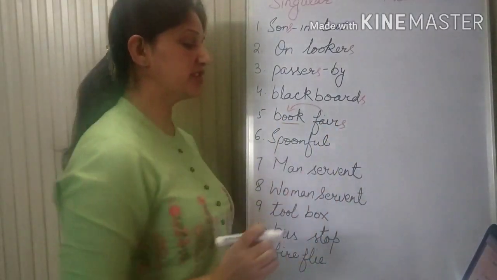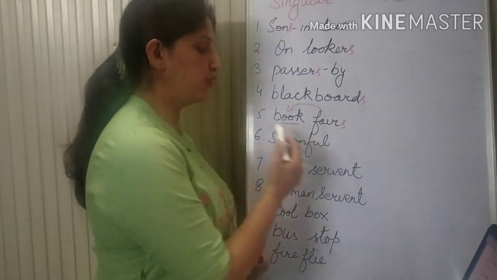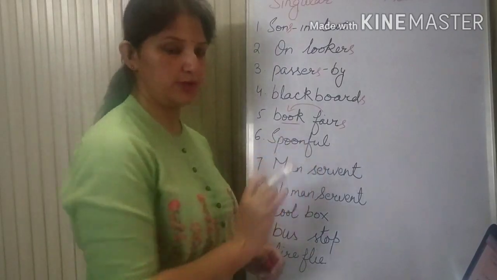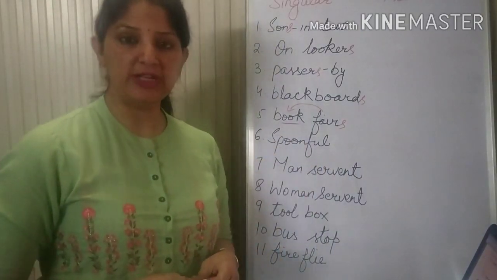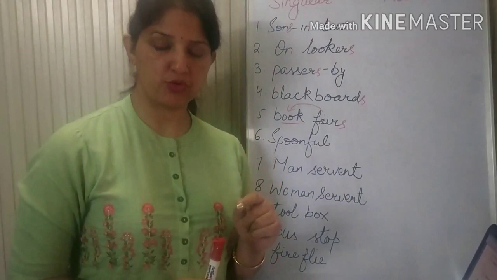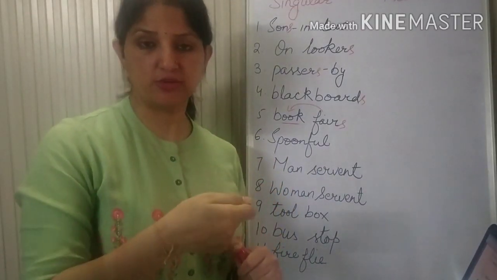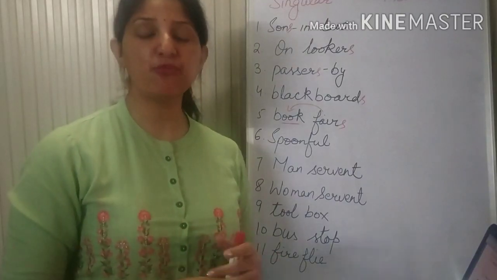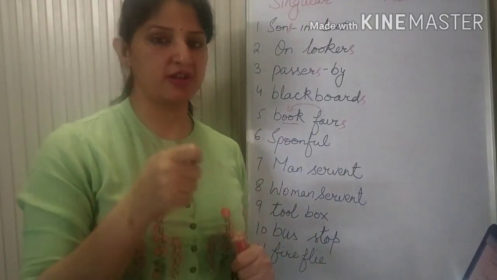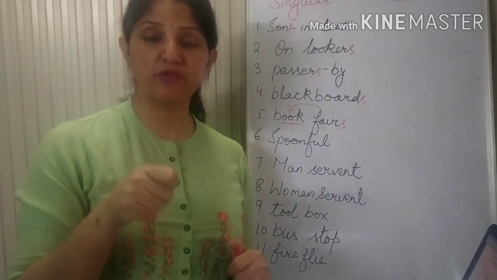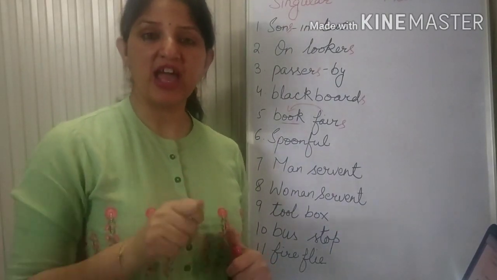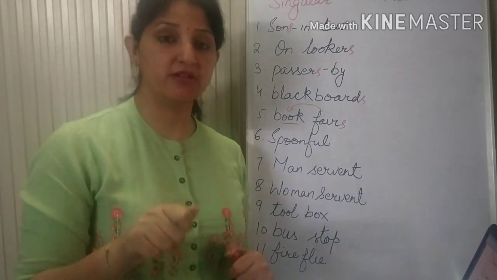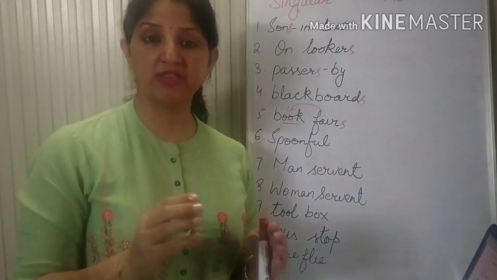Okay. Then the next one is the spoonful. Now many of the students get confused in this word spoonful. So understand that very carefully. When we have a spoon, we fill it with the sugar, and we put it in a particular dish. But say I have put 5 spoons of sugar in a particular dish. So what will I say? I will say I have put 5 spoonfuls of sugar in a dish, because I'll concentrate on the full part